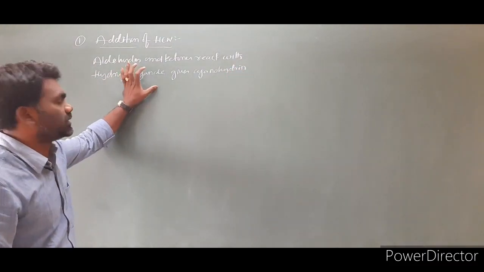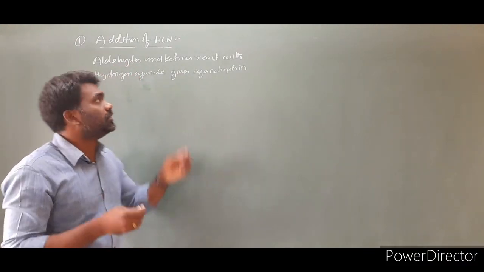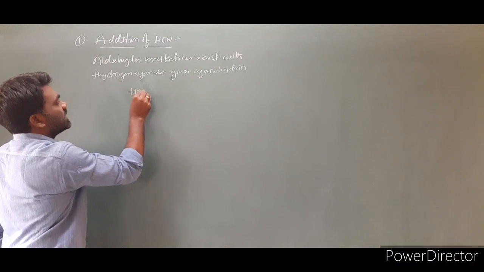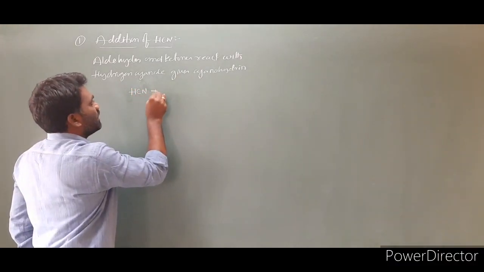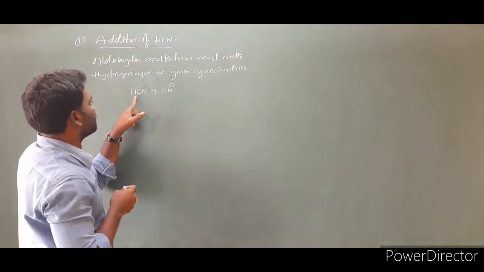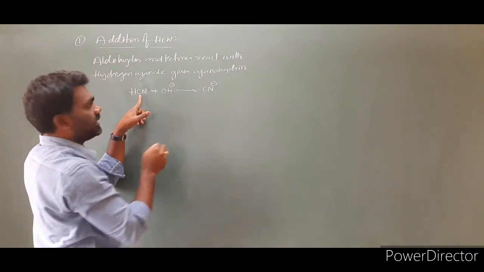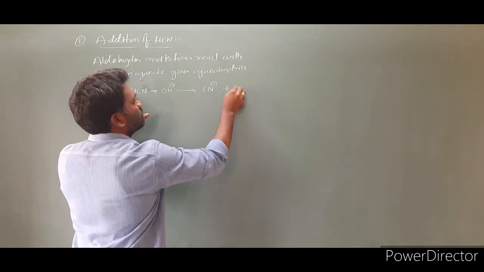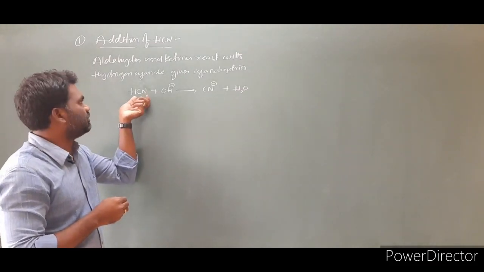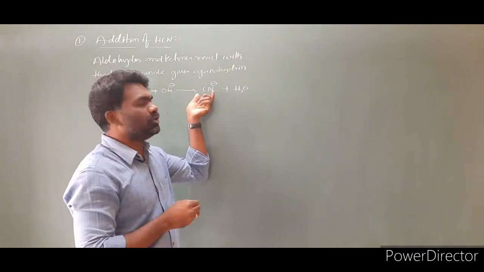First let us look into the reaction. Here the reaction is very fast in the presence of a base, because pure HCN is less reactive. So first we have to treat hydrogen cyanide, HCN, with a base. I am labeling it as OH minus. This OH minus takes this proton, and HCN is converted into CN minus. The OH minus and H plus convert into H2O. So HCN dissociates into H plus and CN minus. This H is taken by the OH converting into H2O, and CN minus remains. So this is the nucleophile.